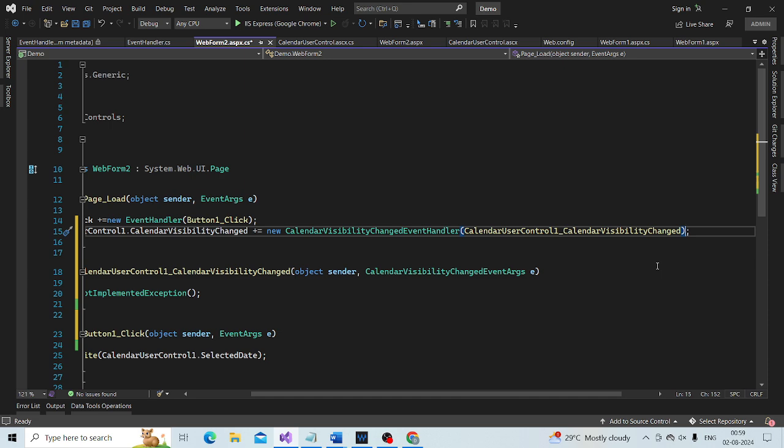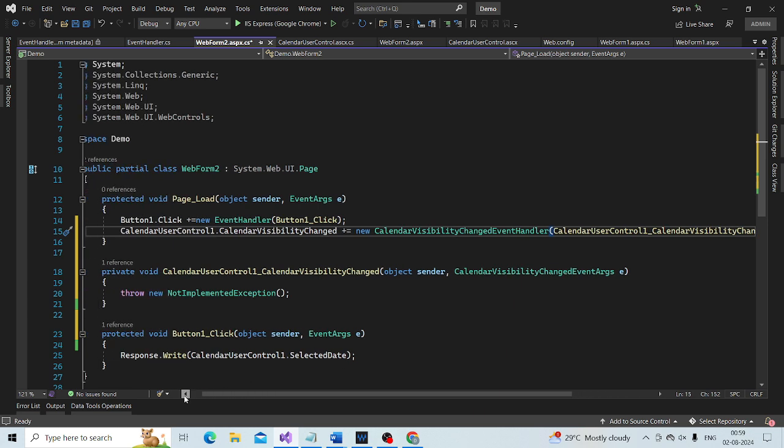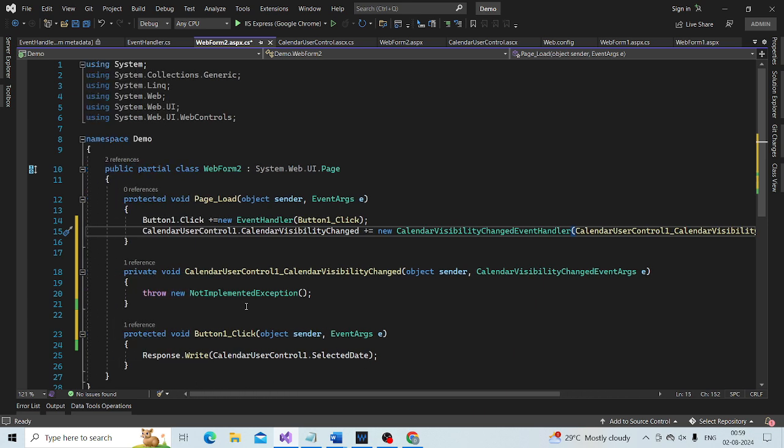So I press the tab and it created auto-generated code for us. It generated the delegate declaration, and then when I press tab again, it generated that method also.